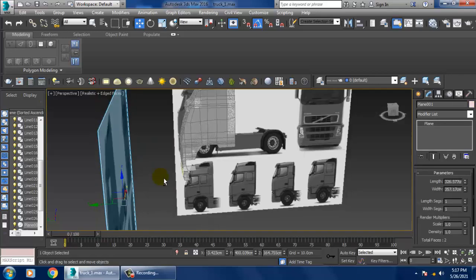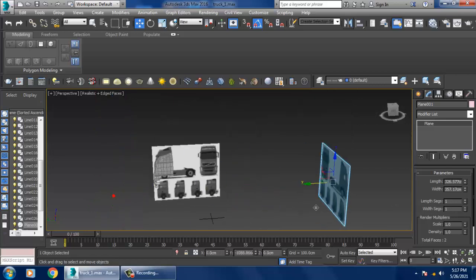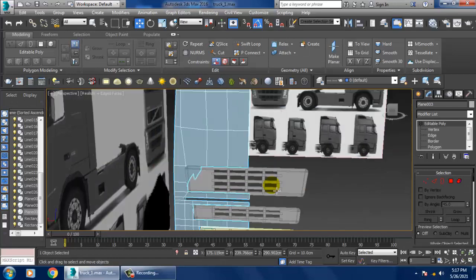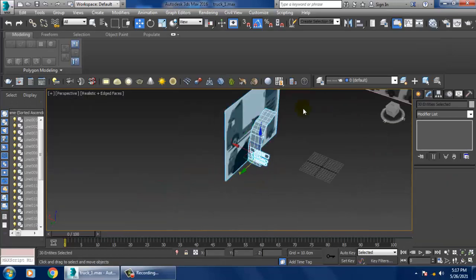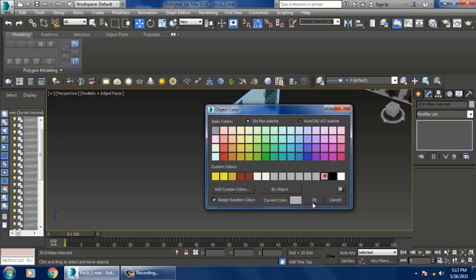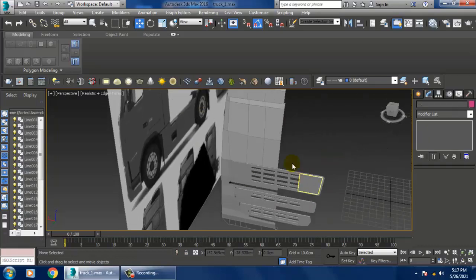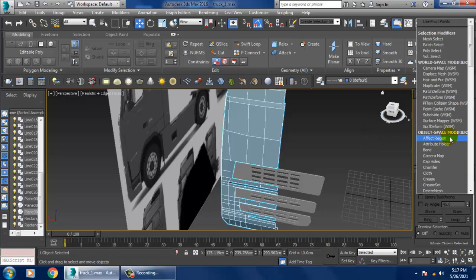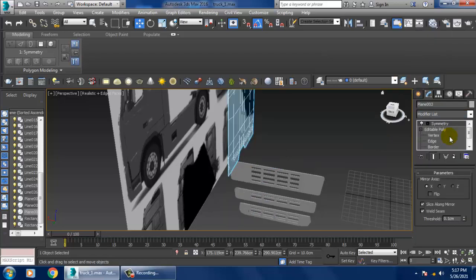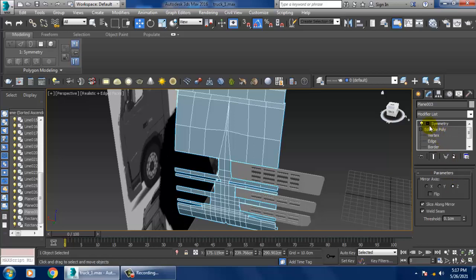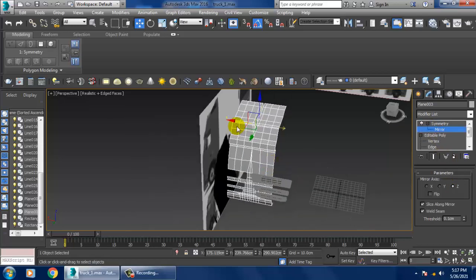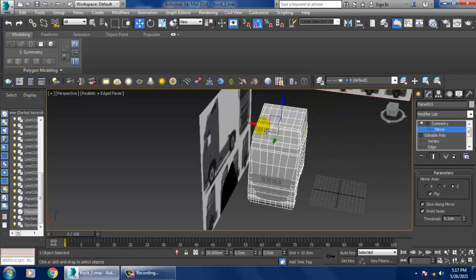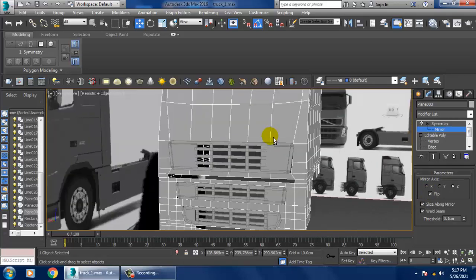This is just a normal adjustment we are doing for now. Select this and just give a color to it. We can select this part and give a symmetry modifier, go into the mirror section, and slightly we can just close that.